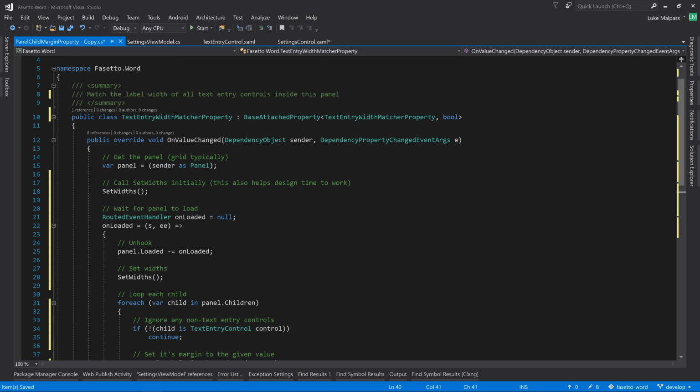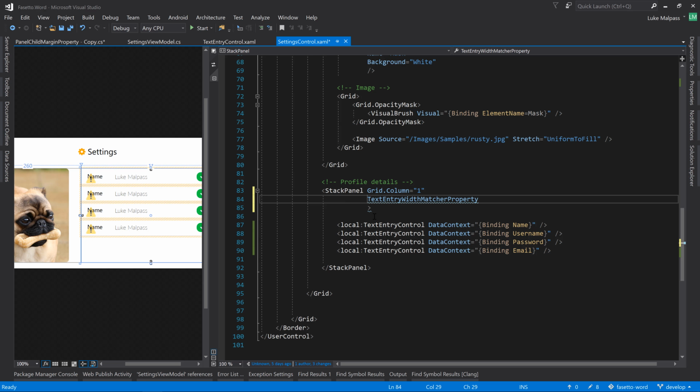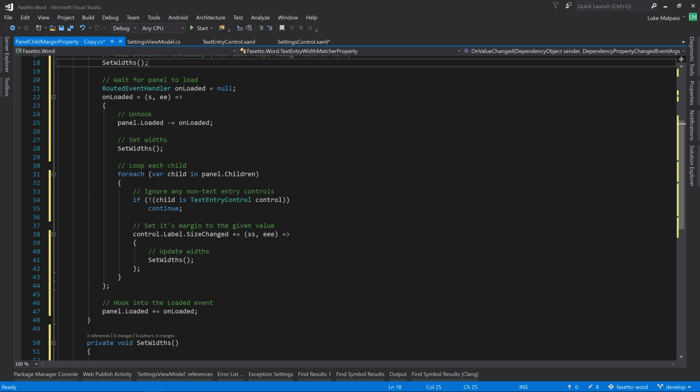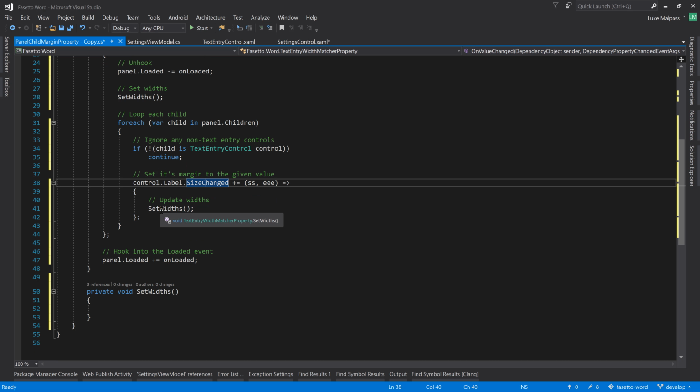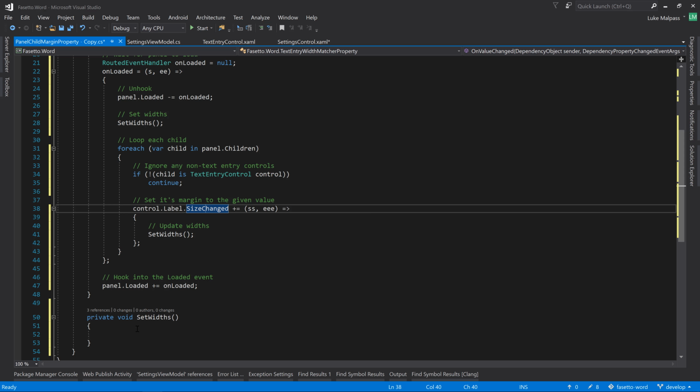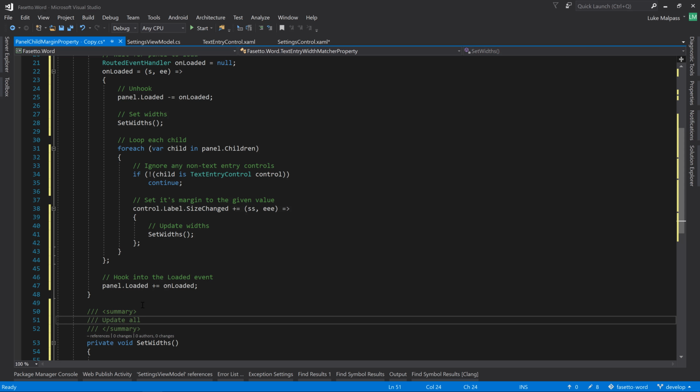So now what will happen is when we attach this to this stack panel here, like so, we now have an attached property on here that's true, so it'll fire. Come into here, it'll call set widths, and this is mainly again for the designer to work. Then it'll wait for the panel to load. Once it's loaded, it will call set widths again, which will update the widths. We'll iterate through the children, and then it will loop through all the children, and we'll start monitoring for the size changed. And when the size changes, we will set the widths again. So all in all, we're basically trying to keep a monitor on whenever the children's widths change to then call this function. So this is now going to update all child